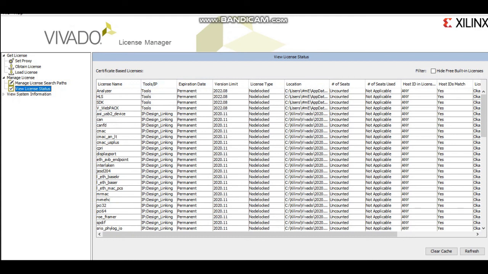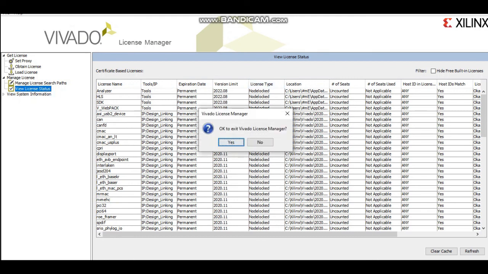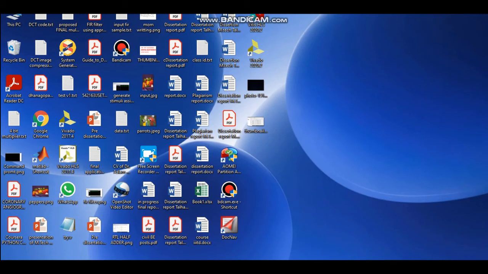Now after adding the license file you can close this tab, the license manager, and you can see there is an icon of 2020 present on my screen. I also told you that I have a software of 2017 version which was available before. So I have two versions of the software now. One is the 2017 version and one is the 2020 version.